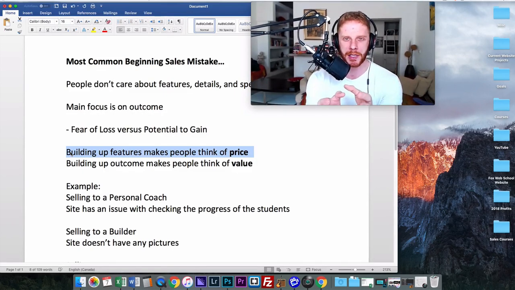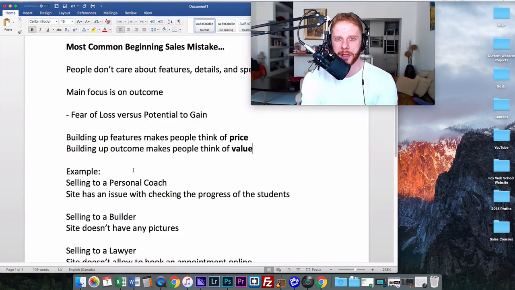The problem with this, for a lot of us selling, is you're not the cheapest and you don't want to be the cheapest. So if you want to charge a good price, if you want to make good profit in what you do, you have to have people think about it a different way. And you want them to think about it in terms of value. So quite simply, people are going to pay the most for what helps them the most.